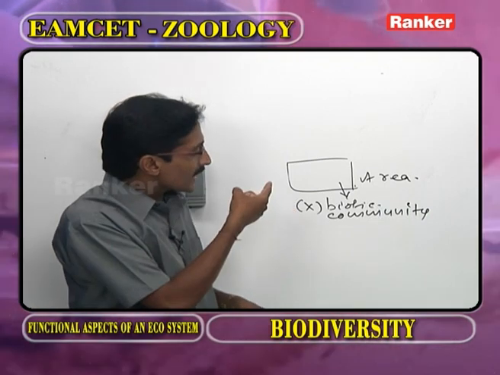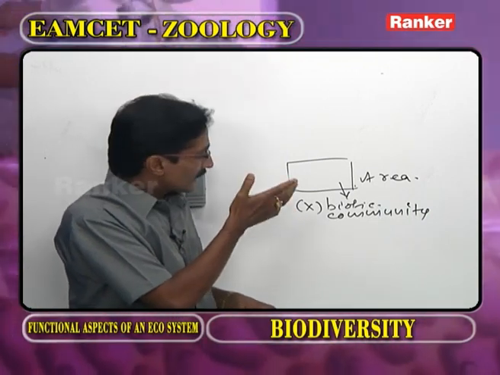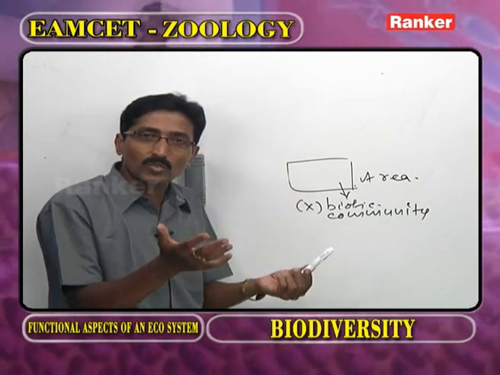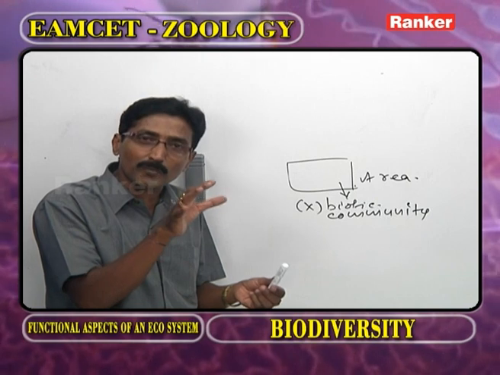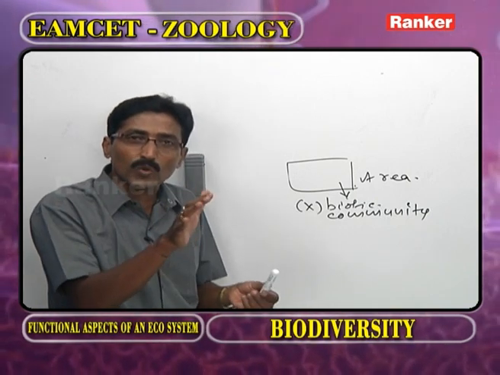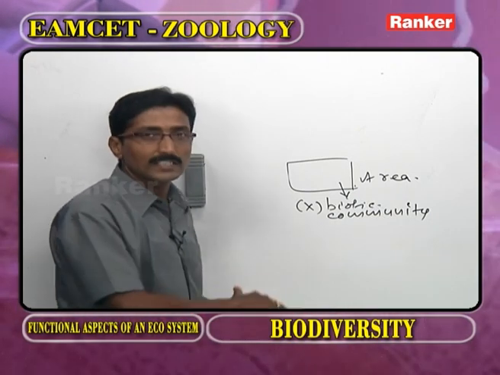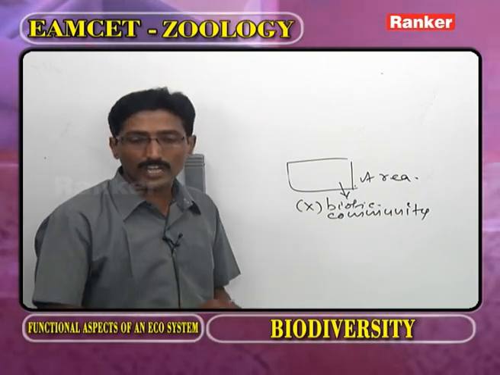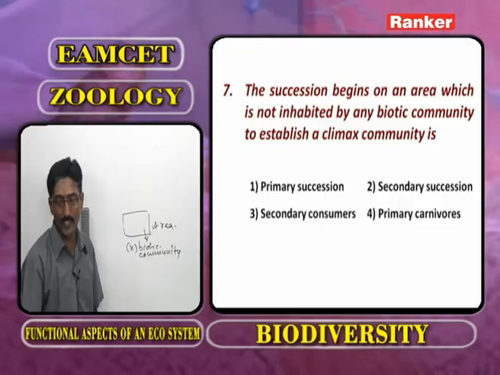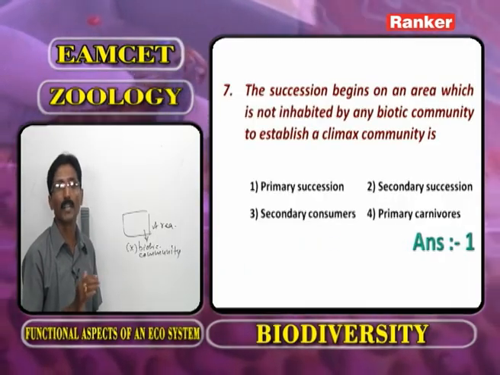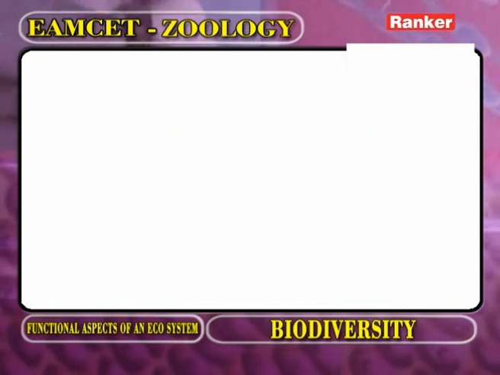Heterotrophic. Now here, it is an area. In this area, there is no community. In order to establish a climax community, gradual orderly changes are going to occur. That we call the primary succession. Now we have to observe the answer for this question: that is primary succession. The next question is,